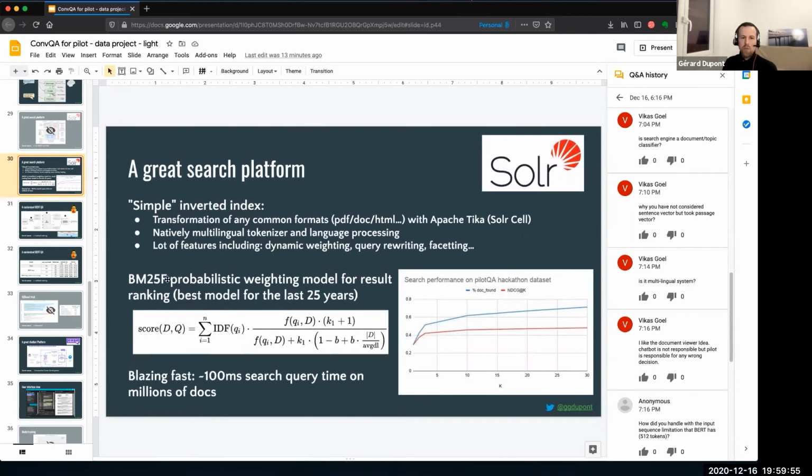And the F is actually just a field. So BM25 is, let's say, when you do pure text search, but when you have multiple fields in your document, like for us, we had categories, we had aircraft versions, because as you can imagine, the A320 has been flying for 40 years, so there are multiple versions of this aircraft. These are fields that are added, and that can help you filter your documents a little bit more, not only on pure text, but also on fields like that. And then there is a combination of the fields to still have a probabilistic score over all the fields.